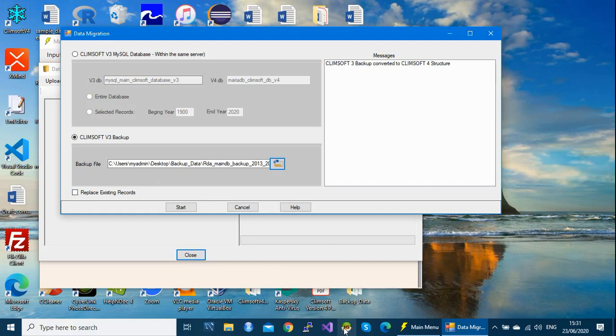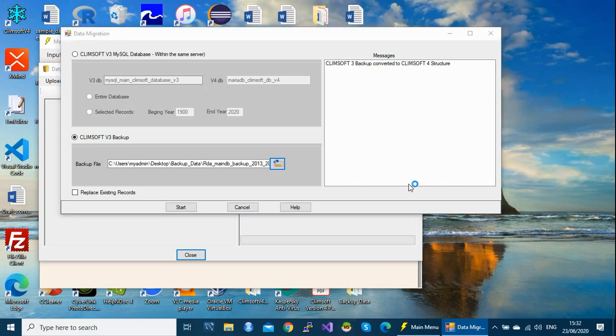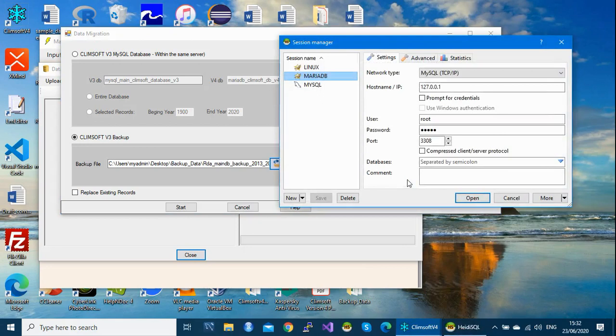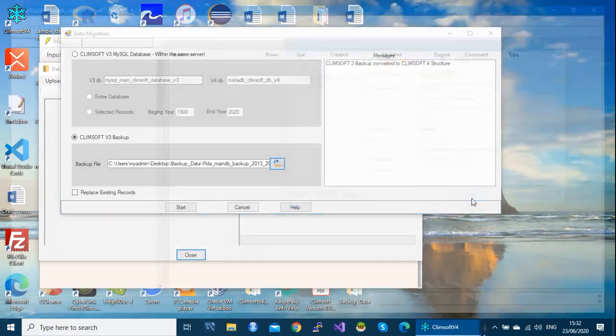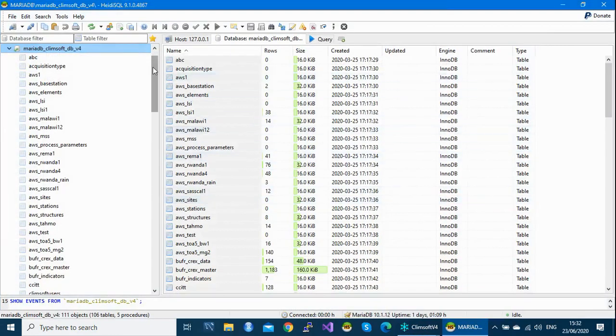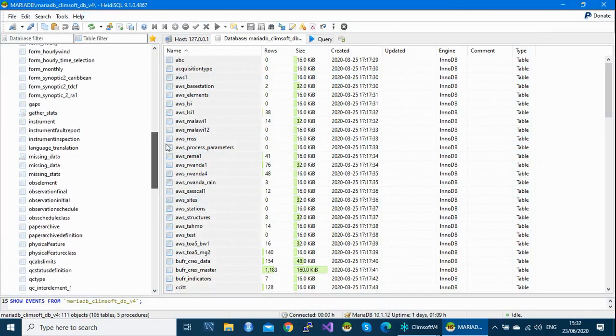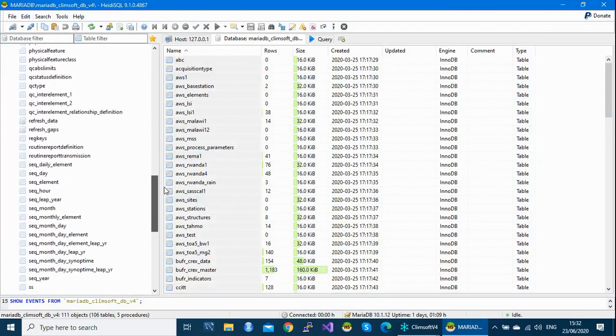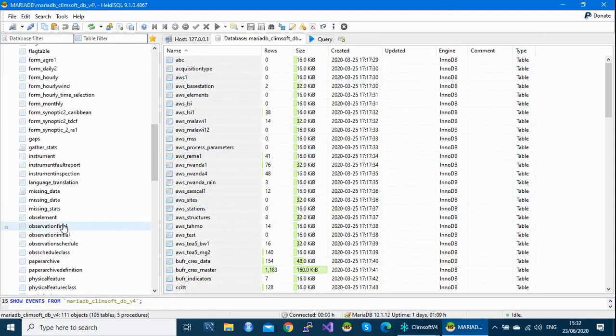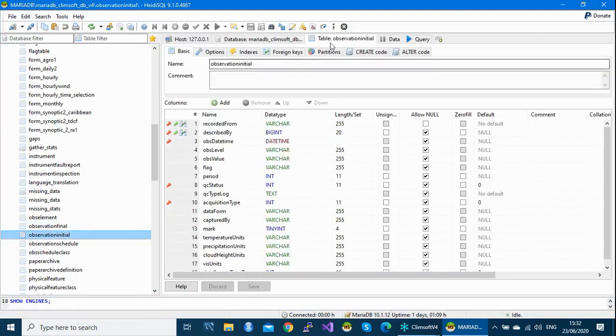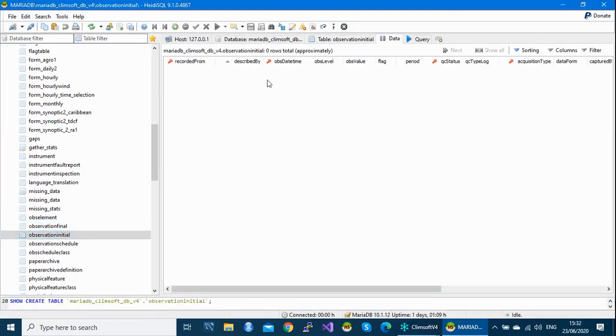So if I check my database, this data will first of all go into the observation initial table. So under the observation initial table, this one, this table is empty. So my data will come and sit in this table.